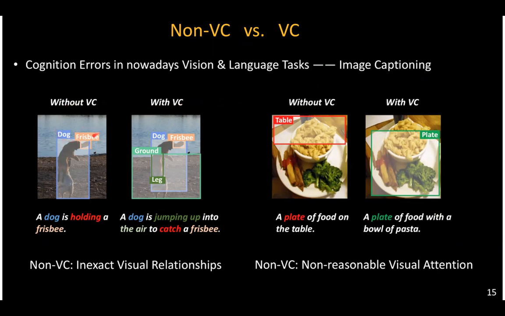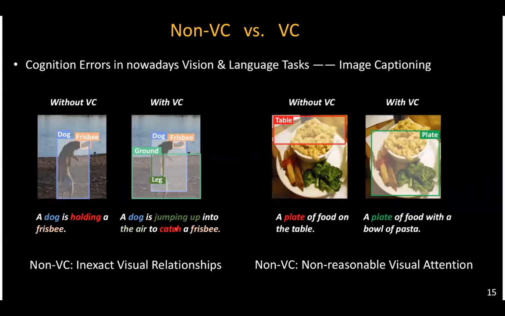With the same image, if we don't have the visual common sense, then the model will give "a dog is holding a frisbee,"